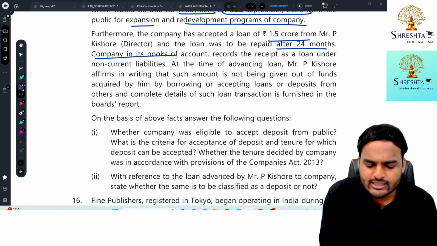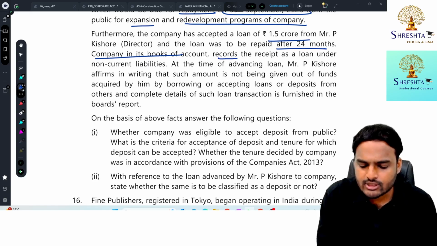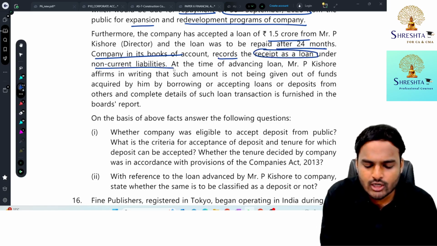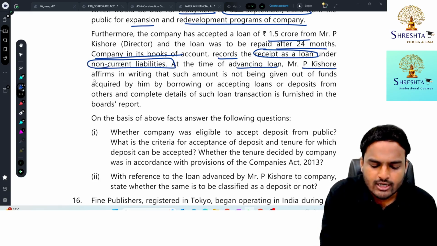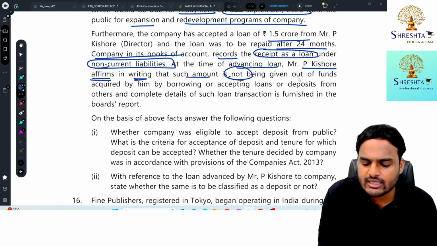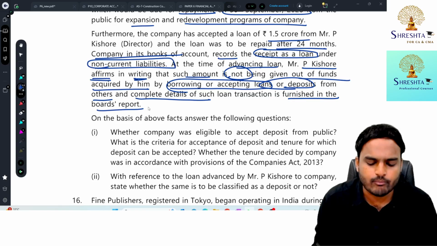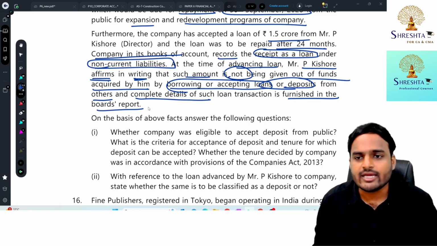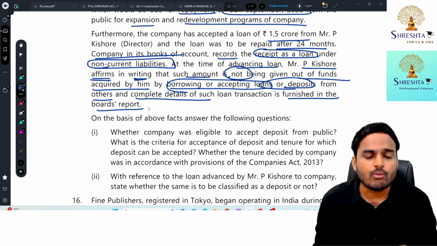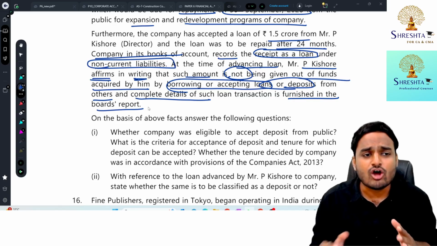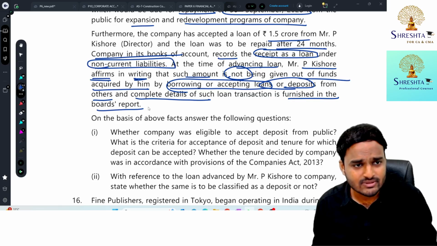Okay, the company in its books of accounts records the receipt as a loan under non-current liabilities. At the time of advancing the loan, Mr. P. Kishore affirms in writing that such amount is not being given out of funds acquired by him by borrowing or accepting loans or deposits from others, and complete details of such loan transaction are furnished in the board report. Any amount received from the director in the form of loan or deposit shall not be treated as deposit